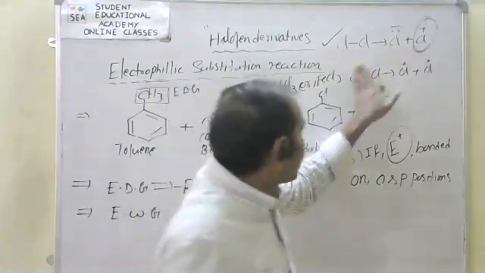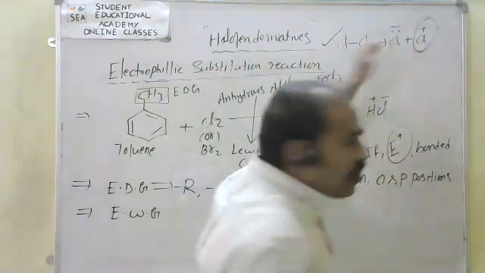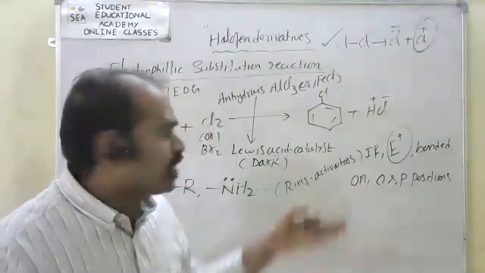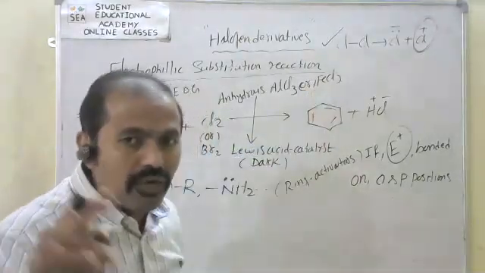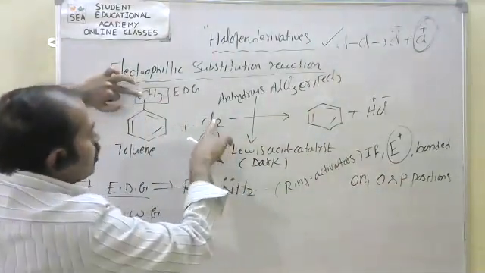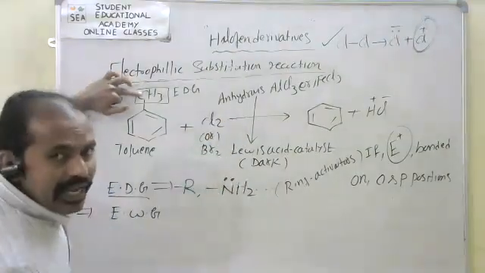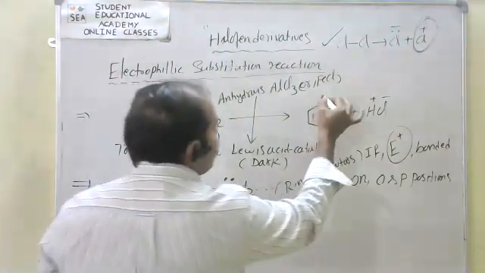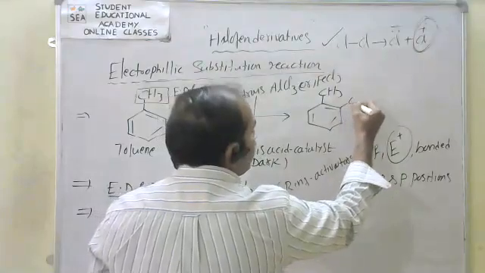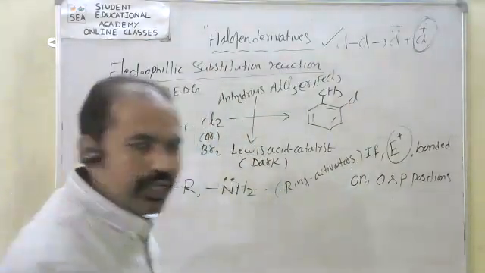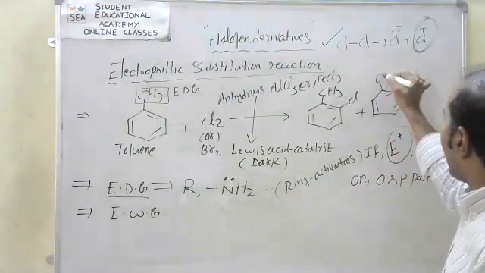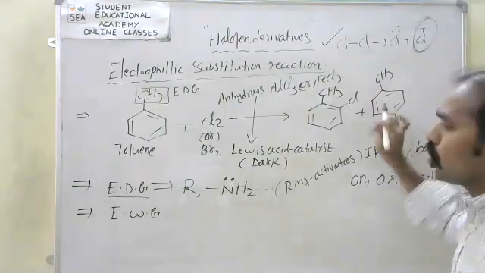The electrophile Cl plus is ready for attacking. In the earlier case on benzene, there was only one position, all the same, giving chlorobenzene. Now, because of this electron donating group, the electrophile, here Cl plus or Br plus, bonds at the ortho and para positions. One time the electrophile attacks at the ortho position giving ortho chlorotoluene, and likewise it attacks the para position giving para chlorotoluene.